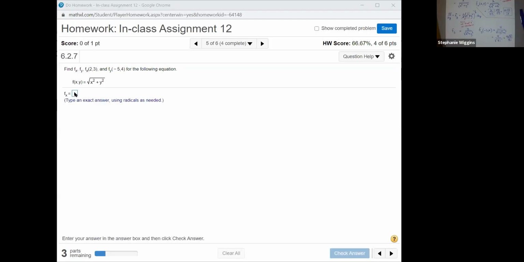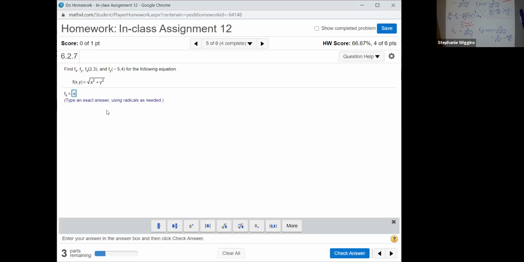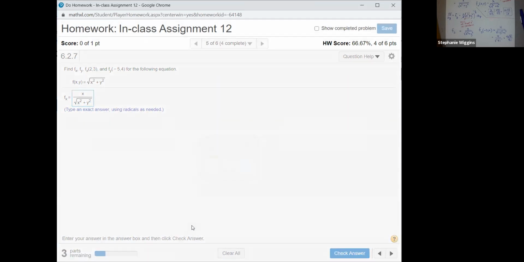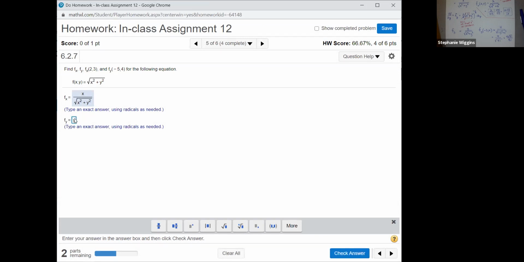So plugging this all in, we get x divided by the square root of x squared plus y squared. And then we get y divided by